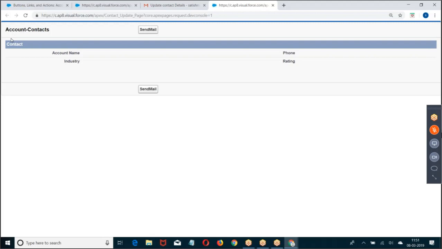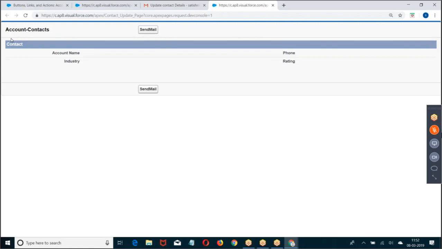Suppose you are trying to replace, then the entire record data will come. Generally, whenever we are trying to add a button on the detail page, only the ID of the record will come. Then along with the ID, if you want any other fields, fetch them. I hope you got the basic information. Am I clear with this?